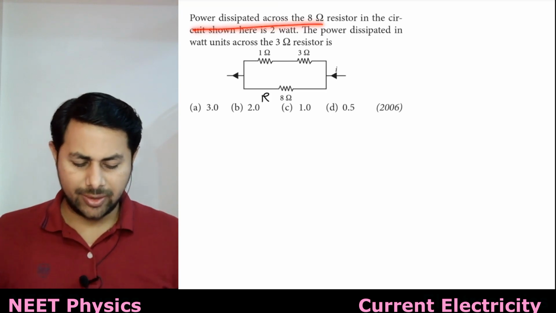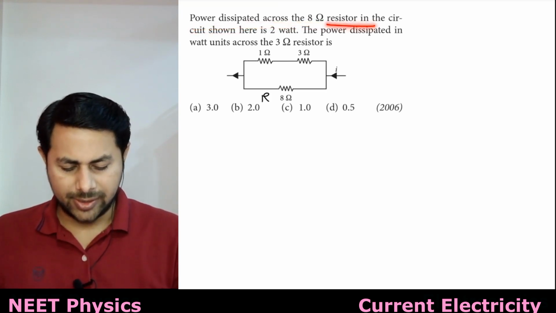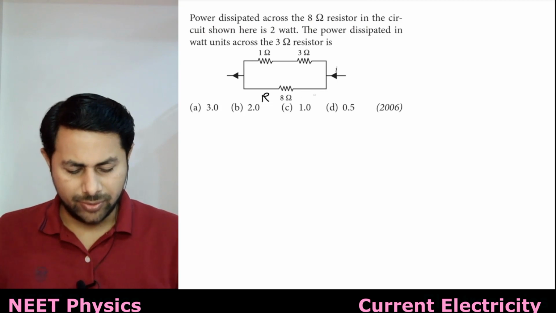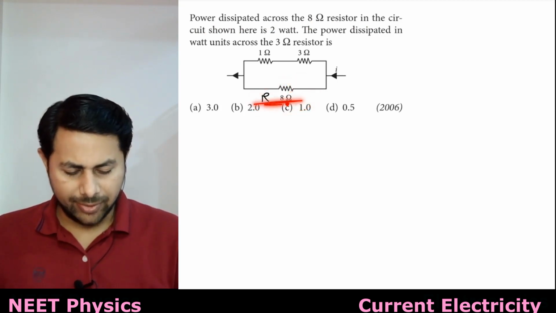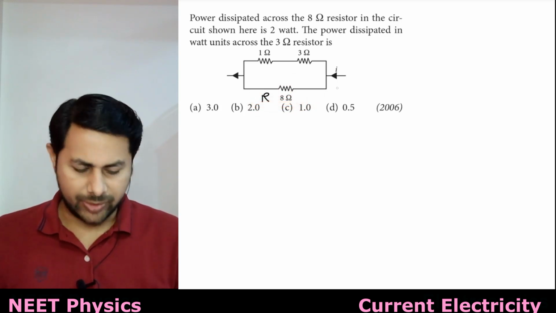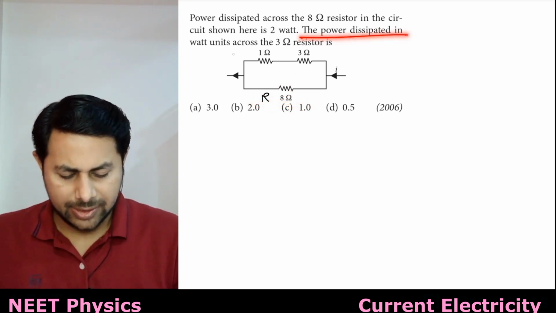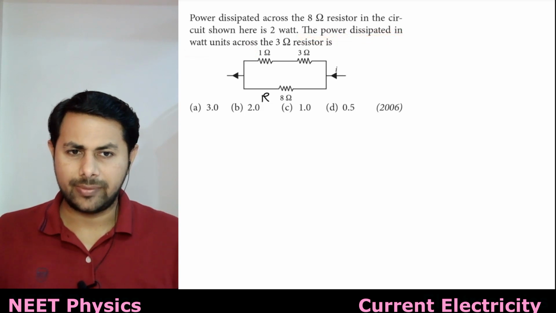Power dissipated across 8 ohm resistor in the circuit shown here is 2 watt. So here R is equal to 8 ohms. So power dissipated in that one is 2 watt. The power dissipated in,